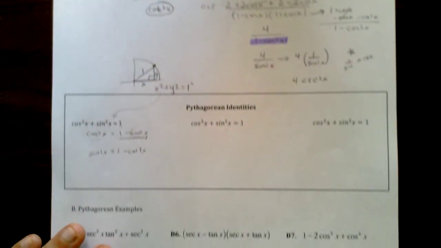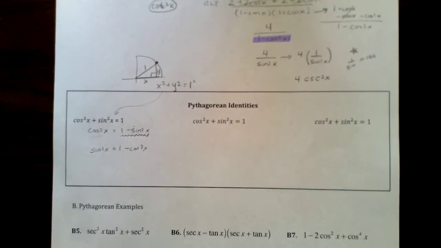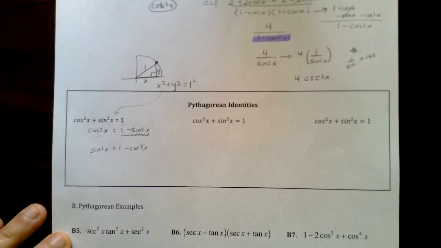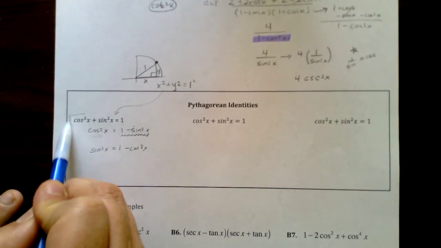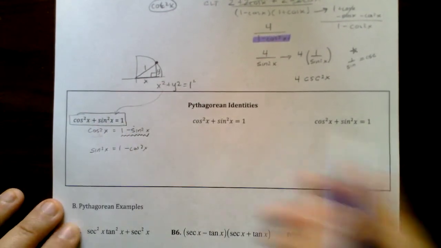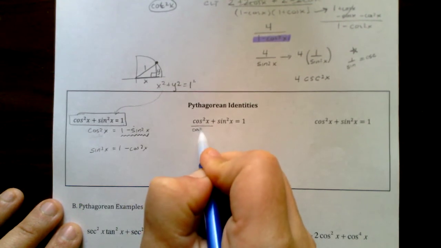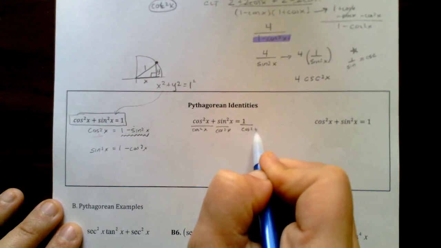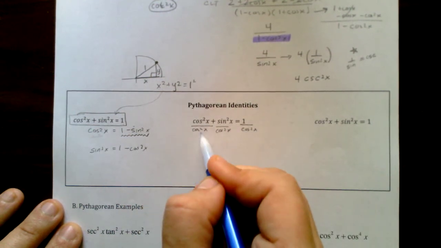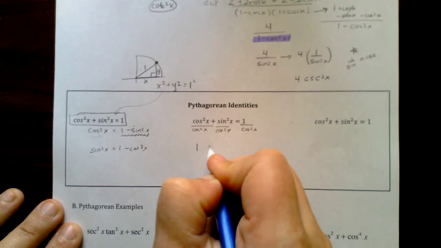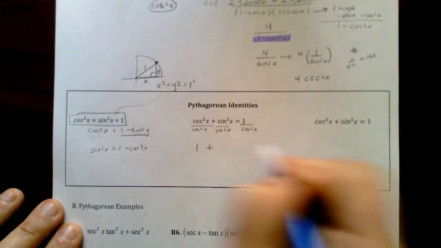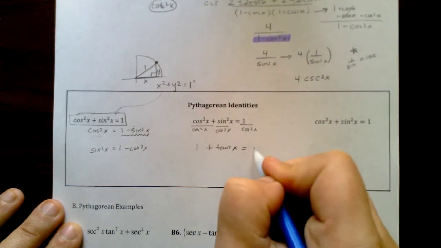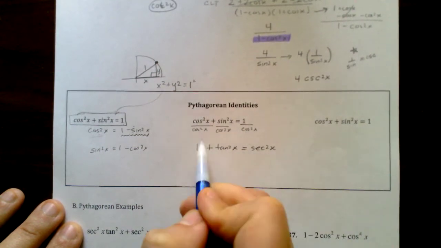Now, as we move into more Pythagorean identities, they can all be derived from the original cosine squared plus sine squared. Okay, so this is our major number 1. If I take each one of these and divide by cosine squared x, I can rewrite this. Cosine squared over cosine squared is 1, plus sine squared over cosine squared is tangent squared. 1 over cosine squared is secant squared. This is my second